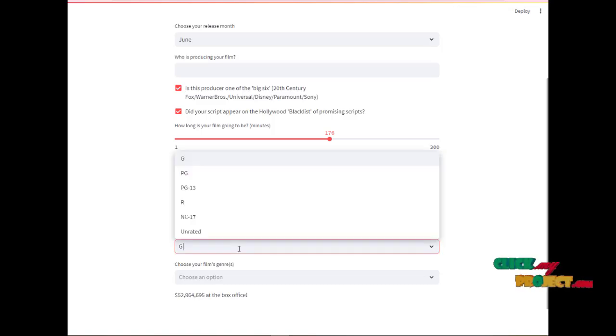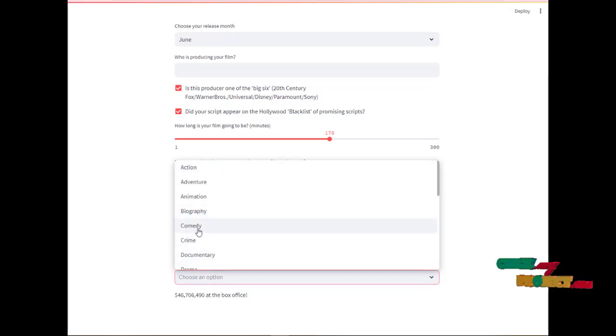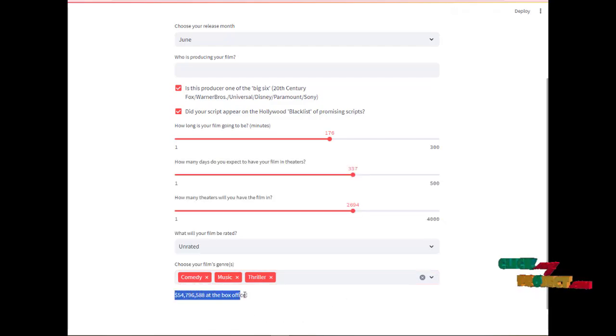And then what it is certified as, U or under-rated likewise, and then the genre, which category, whether it's a comedy category or music category, and then thriller category. It predicts our box office collection as $54,